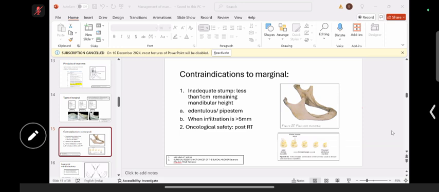These are the situations where I would definitely explain to the patient's attendants during the surgery itself that there is a high chance of recurrence. Should I go ahead with bony reconstruction, or is there a chance of secondary reconstruction which we can go ahead with later on? So this is one thing. And the other thing which I wanted to tell was